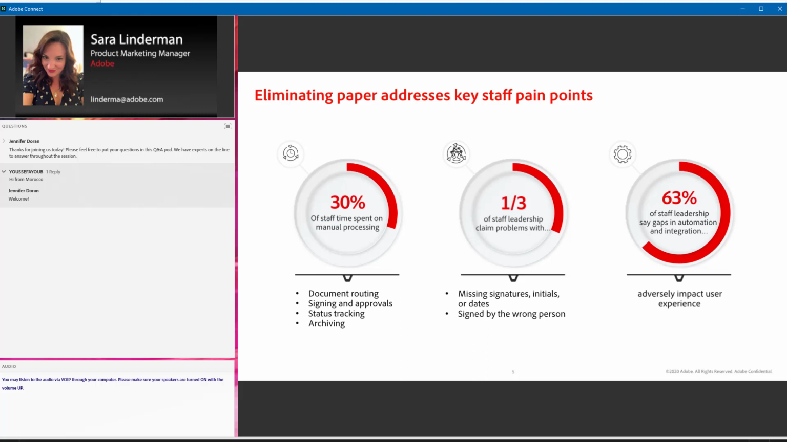So thinking about those pain points, we see that about 30% of staff time right now is spent on manual processing. That includes document routing, signing approvals, spending time tracking down where things are in that process, and archiving them. It's a whole bunch of time. It's also pretty error prone because of all the chances to have error when you're working with paper,